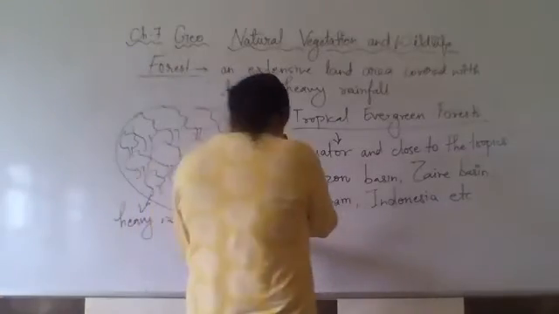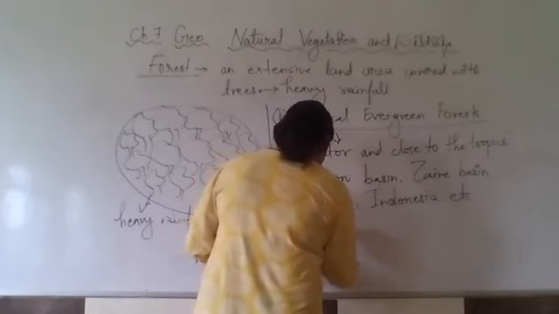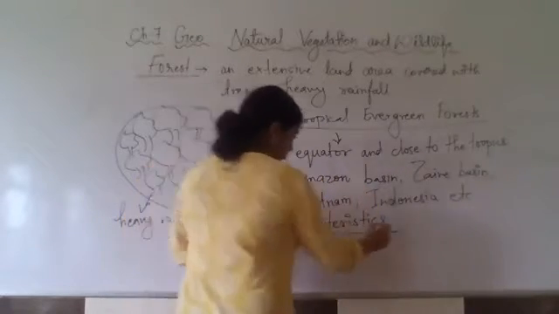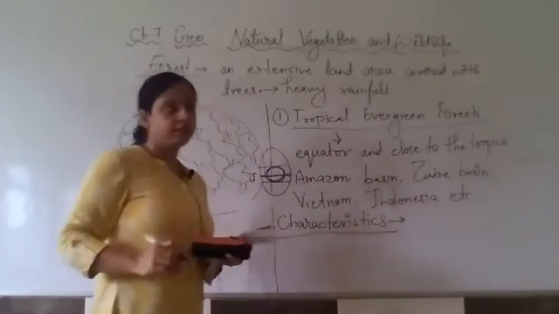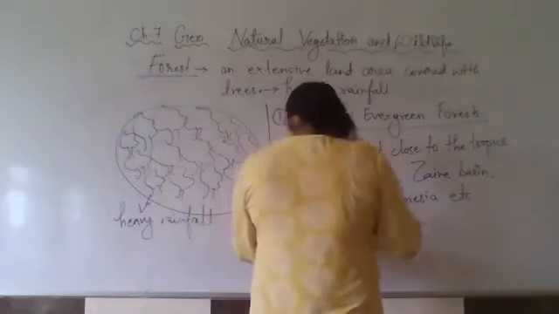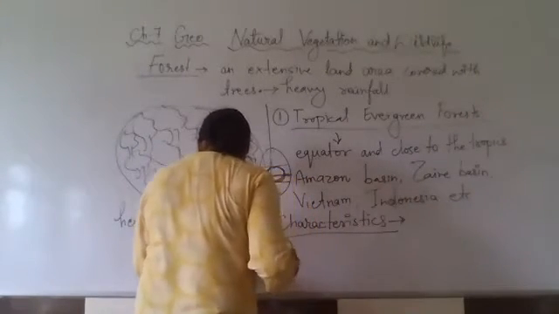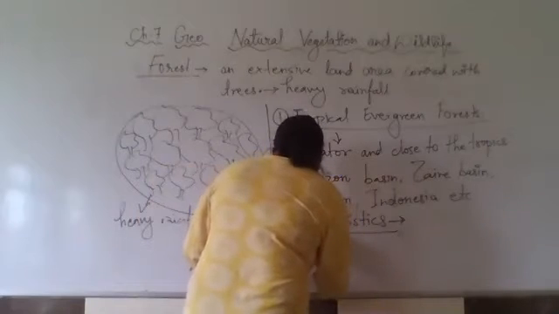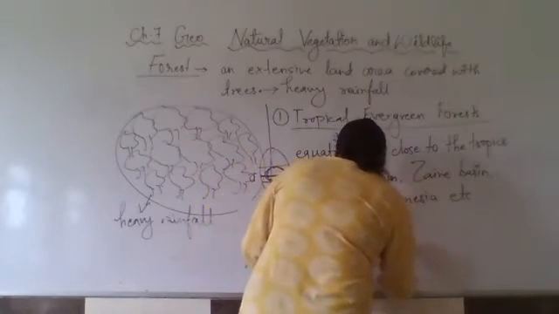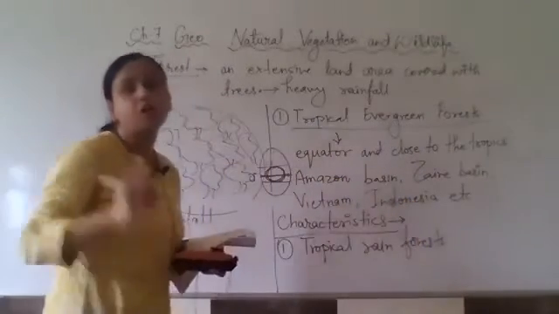Okay. Now next we will discuss the characteristics. Characteristics means features, qualities, features. Okay. So when we talk about the qualities, this is also called tropical rainforests. These forests are also called tropical